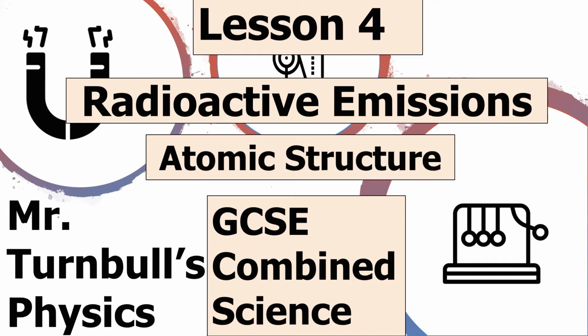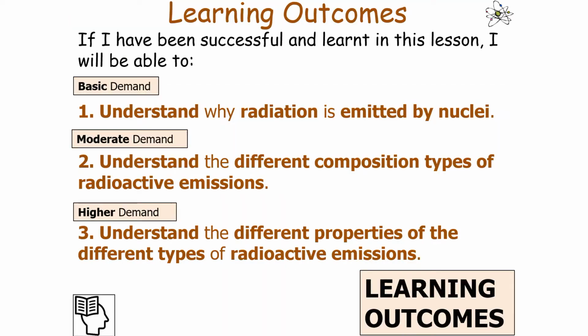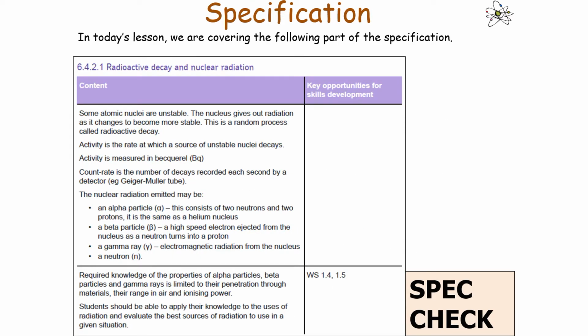Hello and welcome to today's lesson on radioactive emissions, which is part of the atomic structure topic in GCSE Combined Science. Now in today's lesson we're going to look at understanding the properties of radioactive emissions. So if we've been successful and learned in today's lesson, we should be able to understand why radiation is emitted by nuclei, understand the different composition types of radioactive emissions, and finally understand the different properties of the different types of radioactive emissions, which falls into the following part of the GCSE Combined Science Physics Specification